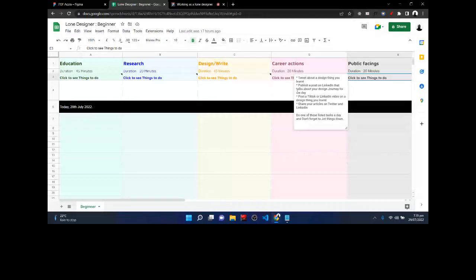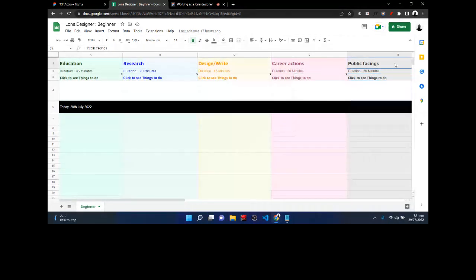Or, if you're a TikTok person, you post a video on LinkedIn, yeah? You post a TikTok video or a LinkedIn video on a design thing that you have learned. Now, share your articles on Twitter and LinkedIn also. You can do any of this for 20 minutes. If you repeat this cycle every day,